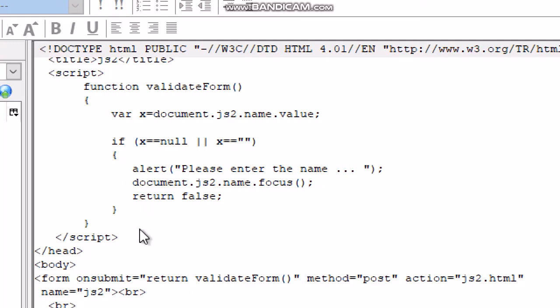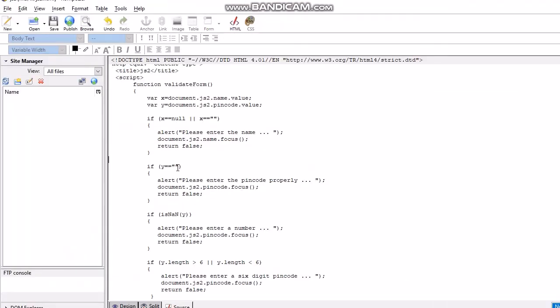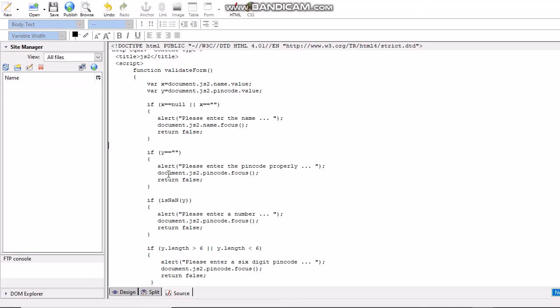Now add some more JavaScript for validation of pin code like this. This if statement is used for name field validation. This if statement, first if, second if and third if, all three are used for pin code field validation.